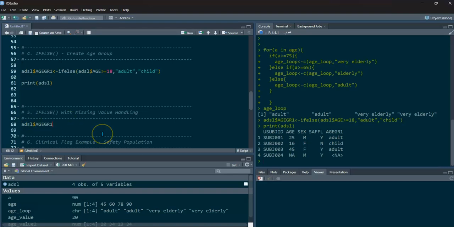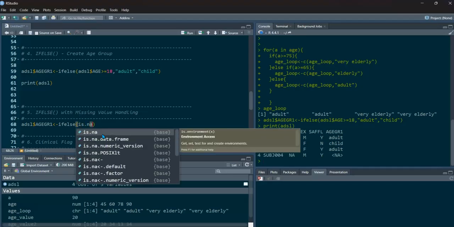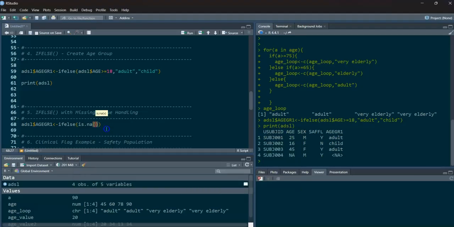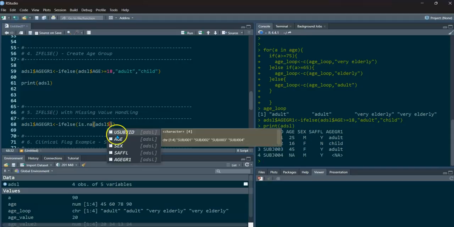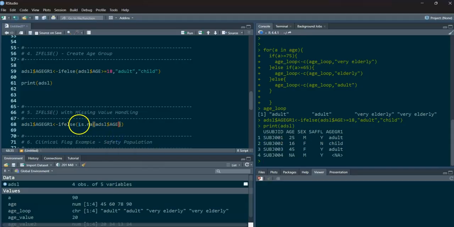I'm writing everything again: if else is.na, ADSL dollar age. If there is any NA in this variable from the ADSL dataset, then